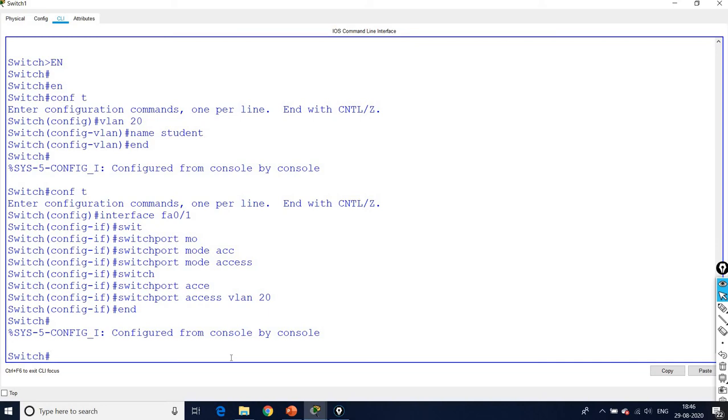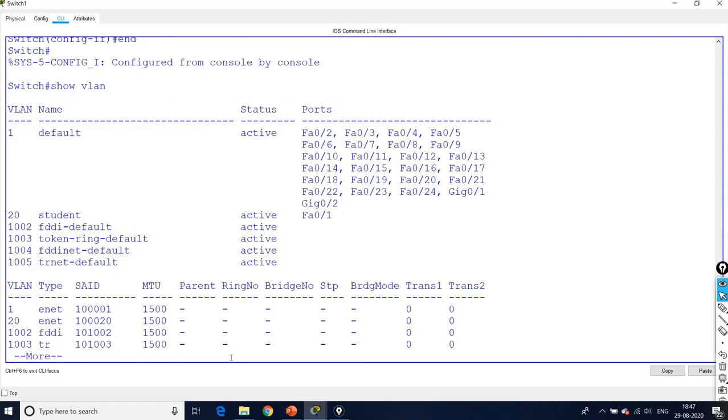I can use the command show vlan. You can see the different VLANs here. For VLAN 1, the default VLAN is active, with its ports. For VLAN 20, student, active, the port is FA0/1, and 1002 default token ring, 1003 and 1004 are default.